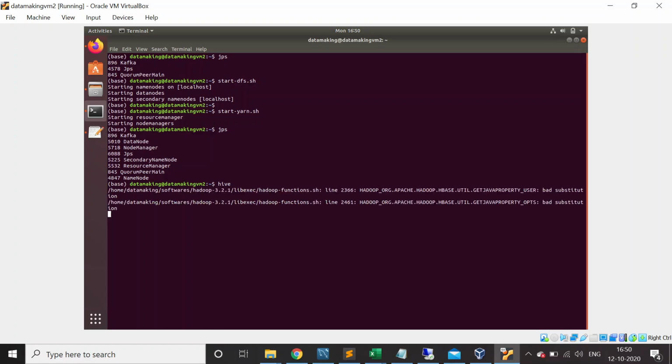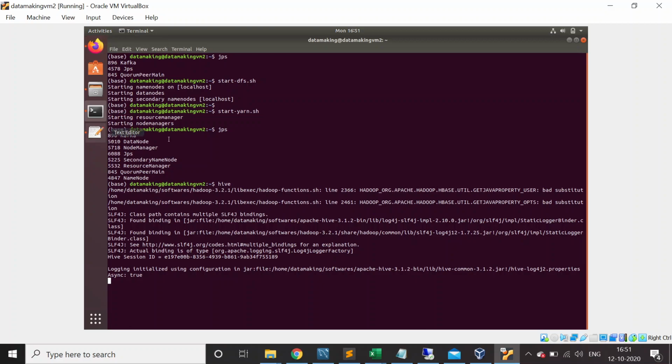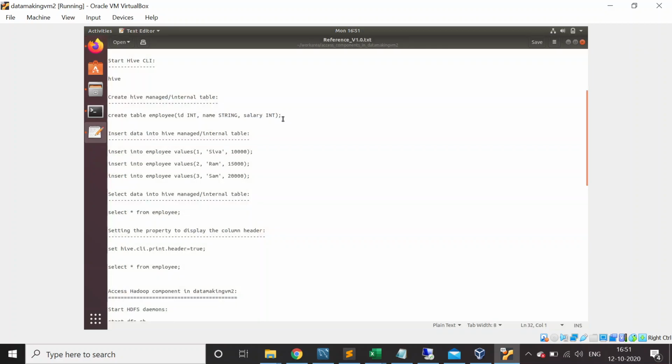The metastore, as I mentioned in the previous session as well, is about managing the metadata of your tables. Whatever databases and tables you create in this Hive environment, their metadata will be stored in the metastore. It's a separate service in the Hive engine, and it's one of the important services in Hive. Okay, it's opening. I'll take the create table script and run it there. This is the create table script.